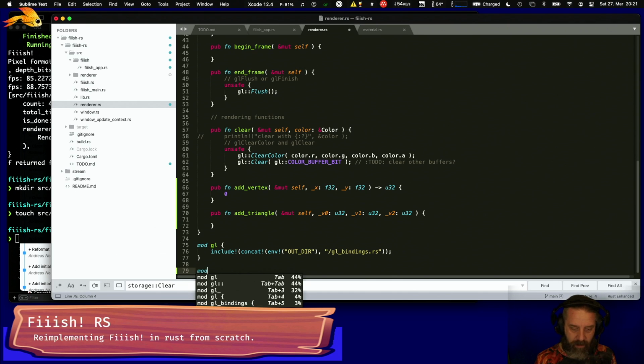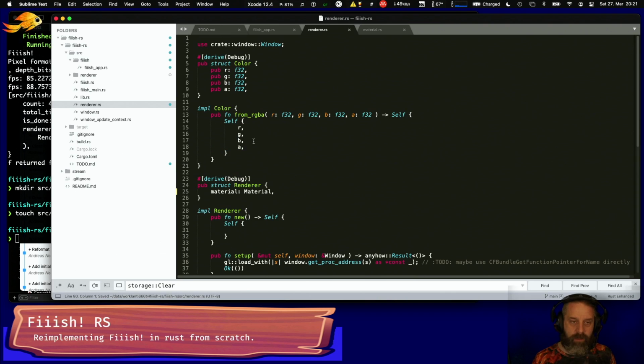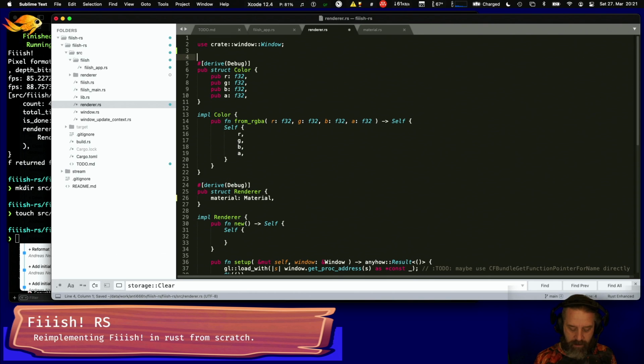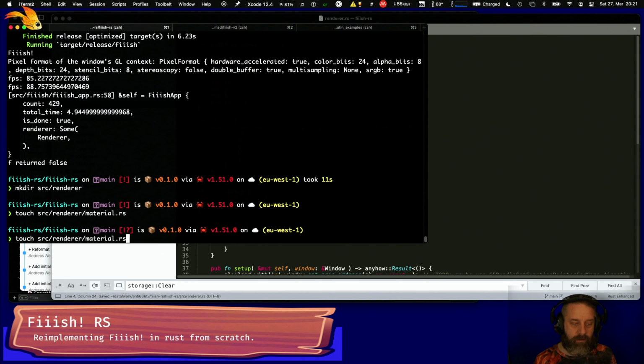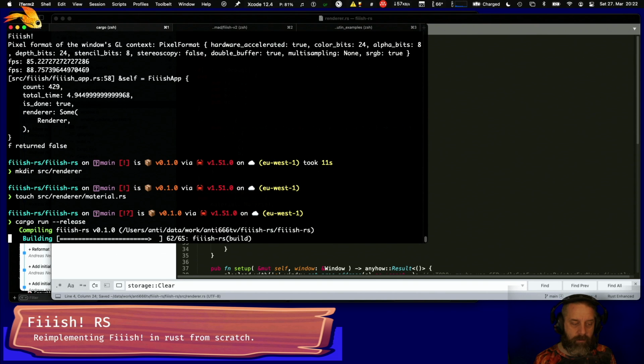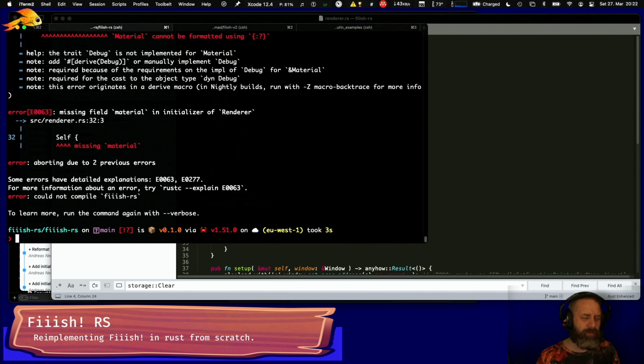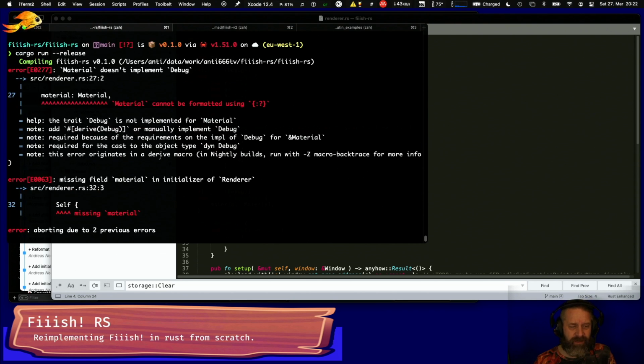And then here we have mod material. So this uses material, right? So why does my brain switch to C++ constantly? So